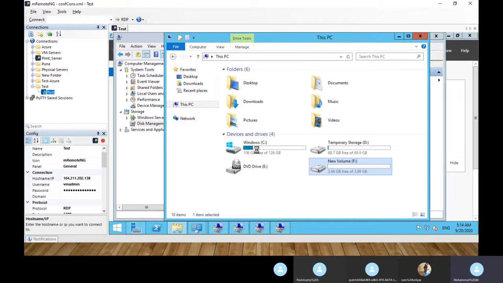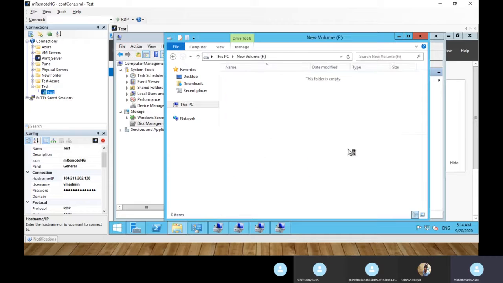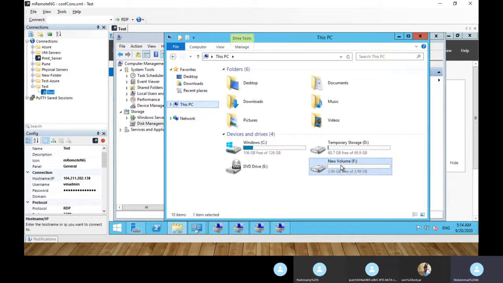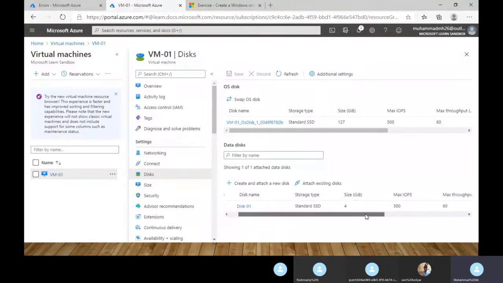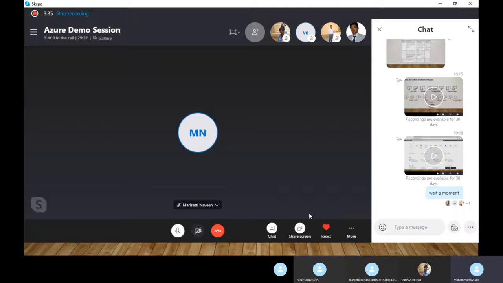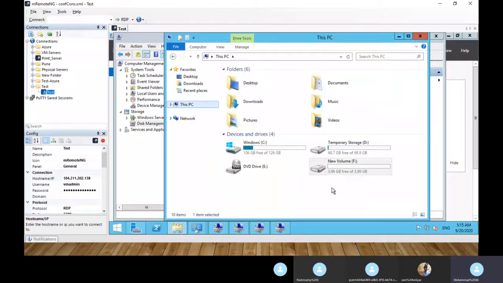See, the first disk is the OS disk C, the second disk is our temporary disk, and the third disk is our storage data disk. You should not keep any data inside the D disk. Local C is for the OS disk, and the additional disk we are creating is called a data disk. Based on your data growth, you can upgrade your disk size. You can resize your disk without data loss, for example from 4 to 8 GB.